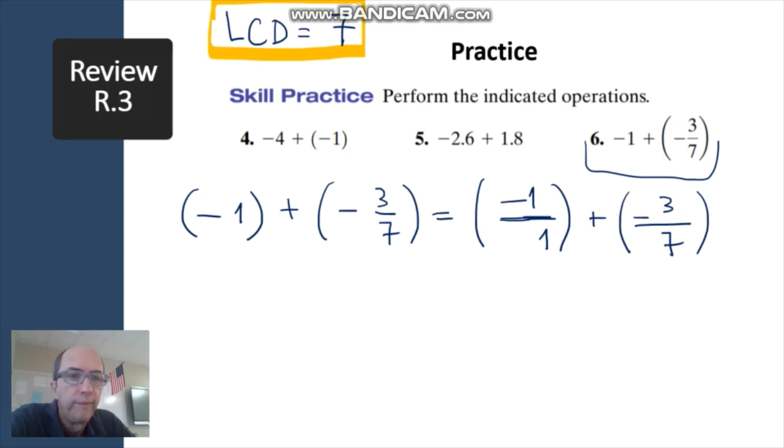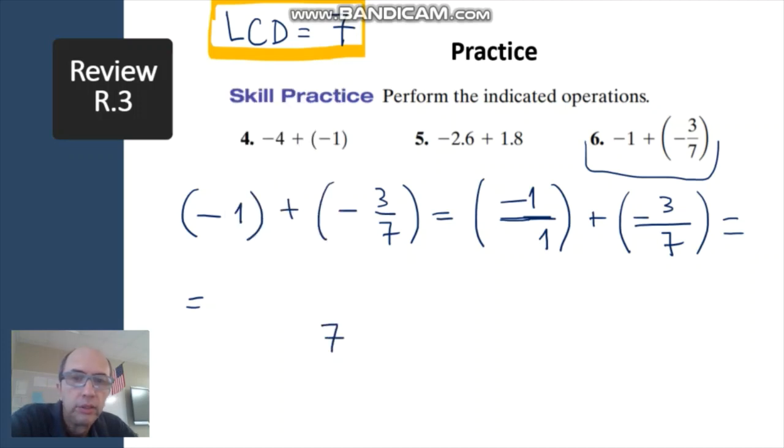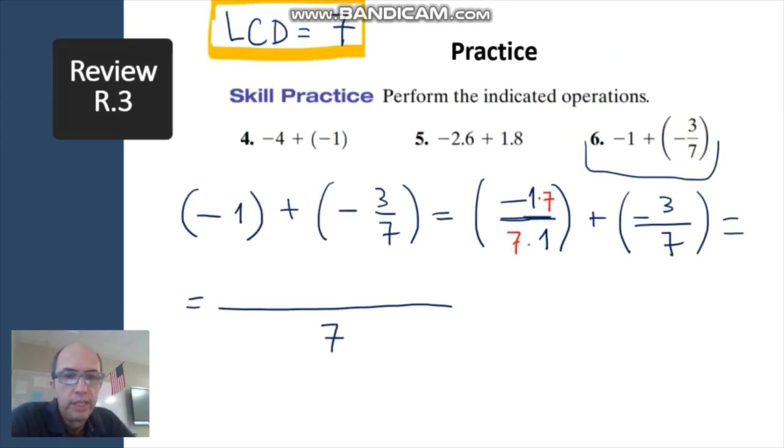Equal, draw a big bar here, the least common denominator on the bottom, and we have to multiply by 7 on the top and on the bottom, and on the top. Negative 1 times 7, negative 7,